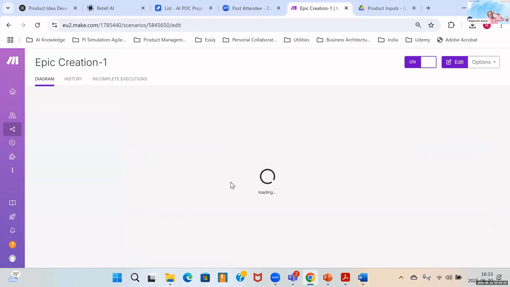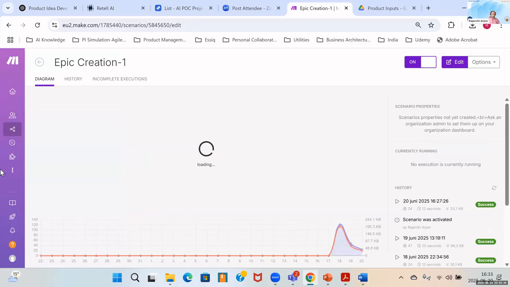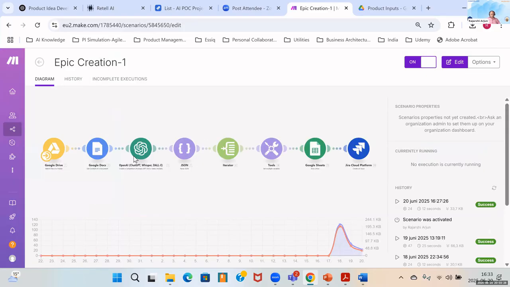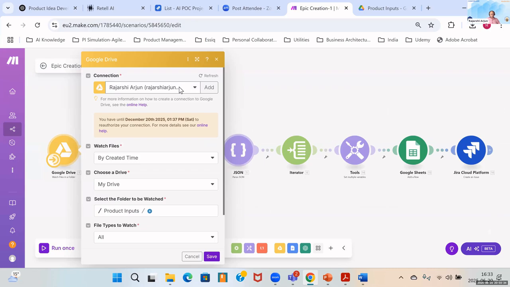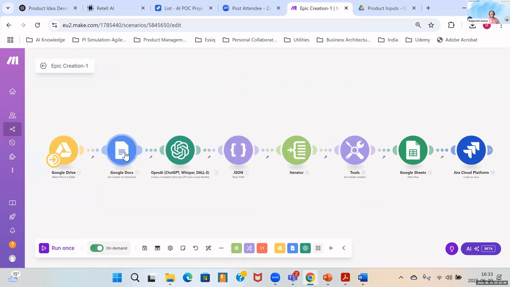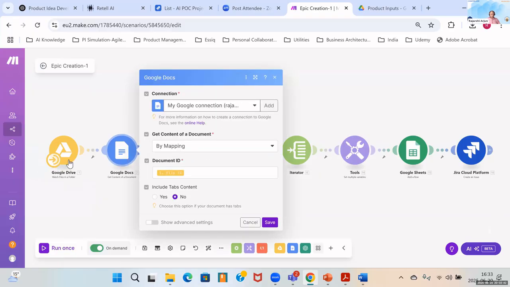So the thing is that here we are connecting it through the APIs. If you look at this, I have a connection over here with my Google Drive. And then the same connection I'm using to look at a specific Google folder.